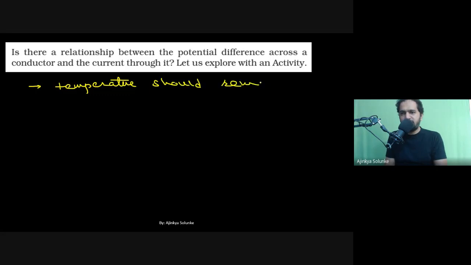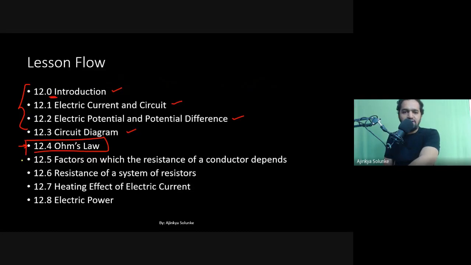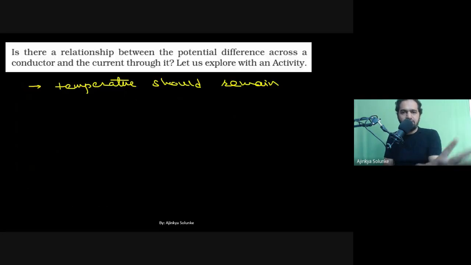So this is something which we are going to understand in the factors section, that is in 12.5. So we are not going to discuss much about this right now, but we are just seeing the statement that Ohm said that temperature should remain constant during the experiment. We will see the details later that why he said this, because how does it matter? Like if your temperature is changing from 20 to 25 degrees Celsius while conducting this experiment, how does it even matter? So that we will see later, not right now, but that is in the statement.